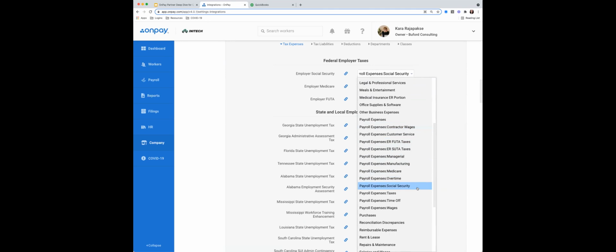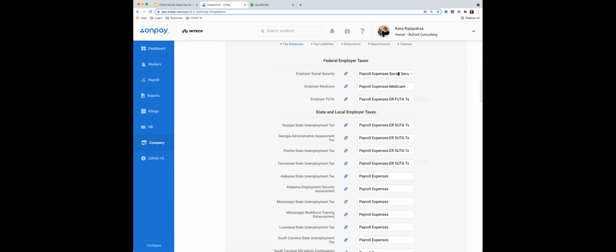So this is where you have the opportunity to do as much or as little detail as you want. So currently, Kara has this sending employer Social Security going to a Social Security account. She could just send it all to payroll expenses if she wanted less detail. But here's what I'll tell you: if you want your QuickBooks to look like your reports in OnPay, then I would suggest either a one-for-one or a more detailed mapping.